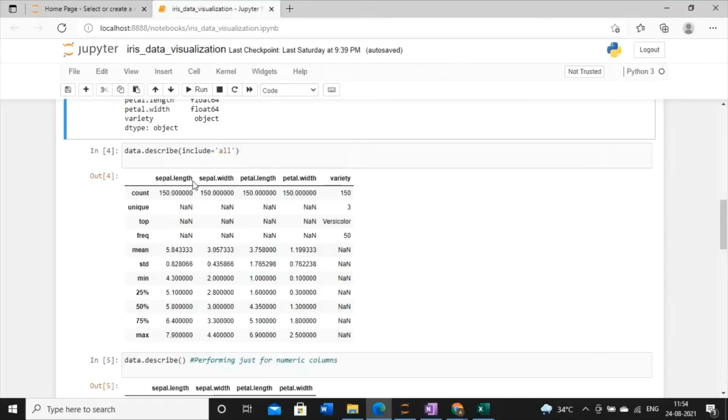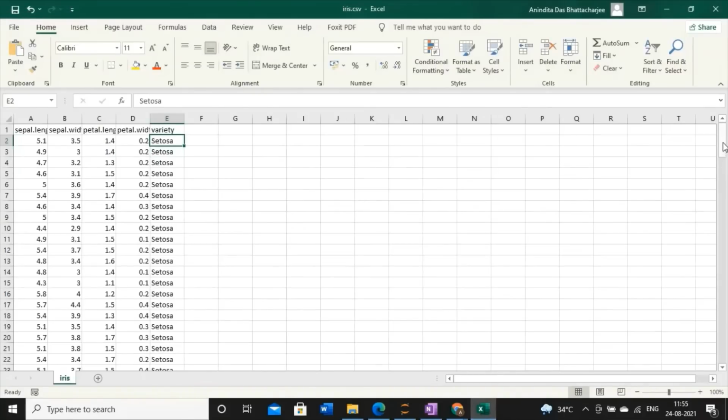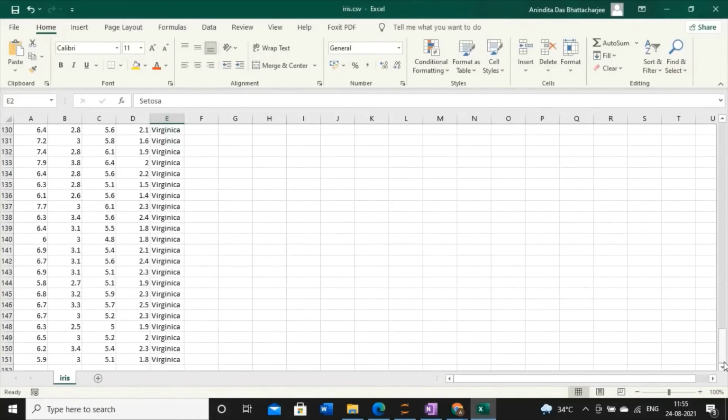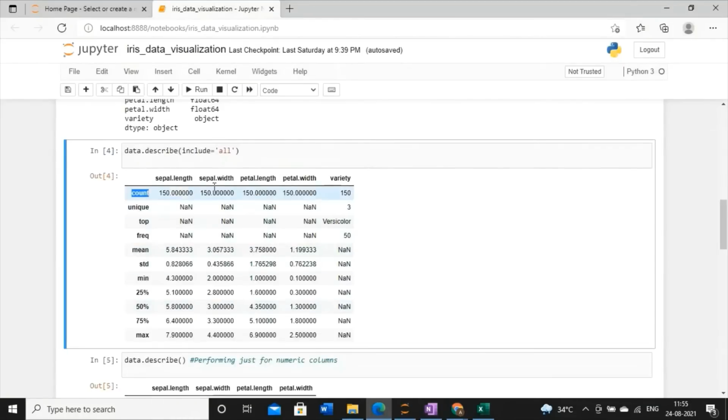Now what statistics is it showing? The first statistic is count, meaning how many values you have in each column. On the first day I explained that for the Iris dataset we have a total of 150 rows, meaning 150 samples. So in this situation we have count equal to 150. Why is it 150.0? Because it is a float64 data type.